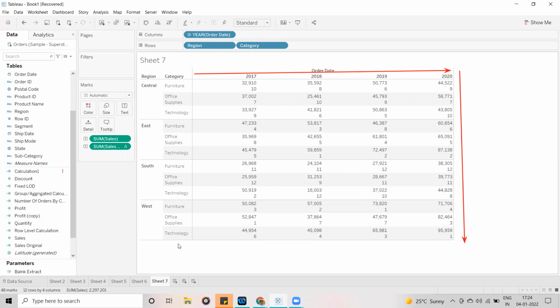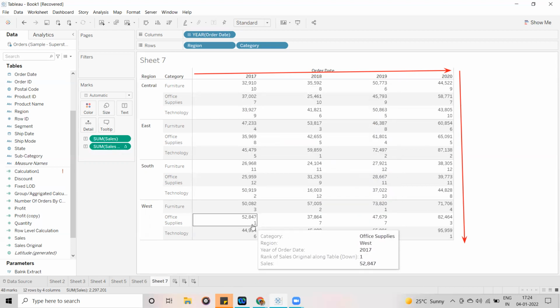Let's observe. Top to bottom. Here 1, 2, 3, 4, 5, 6, 7, 8, 9, 10, 11, 12. We are having 12 values, means the ranks are going to be assigned from 1 to 12, right?